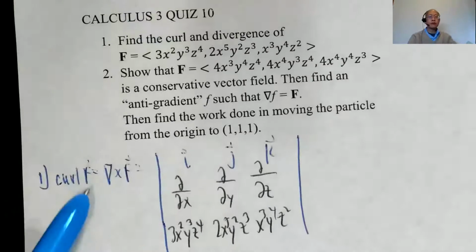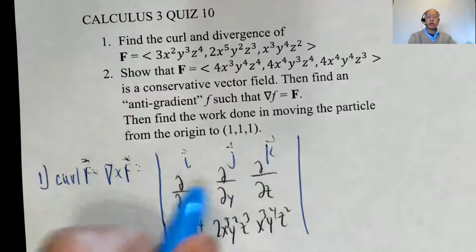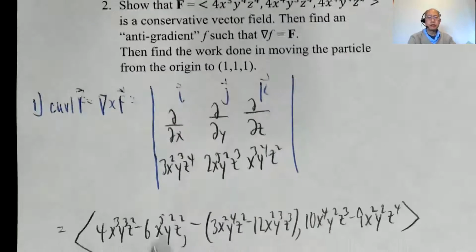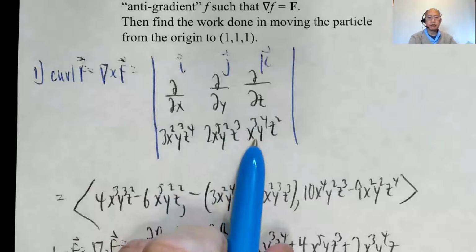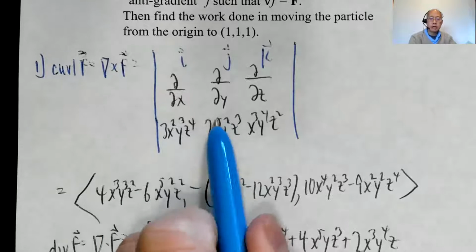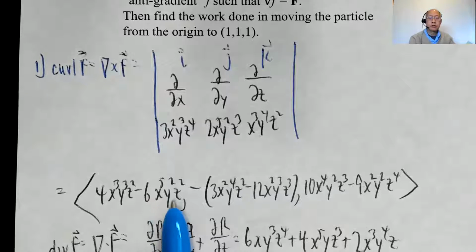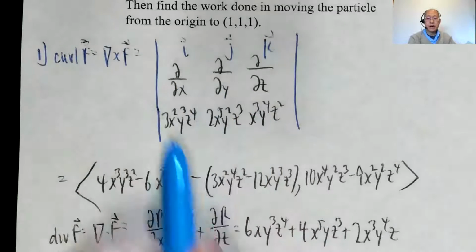Number 1, curl of f, or del cross f, is i, j, k, partial with respect to x, y, and z, and then the P, Q, and R components. So the i component is that minus that, so partial with respect to y of 4x cubed y cubed z squared, minus partial with respect to z of 6x to the 5th y squared z squared,